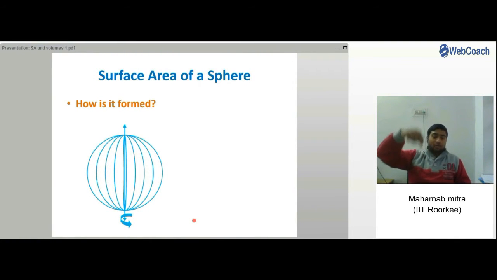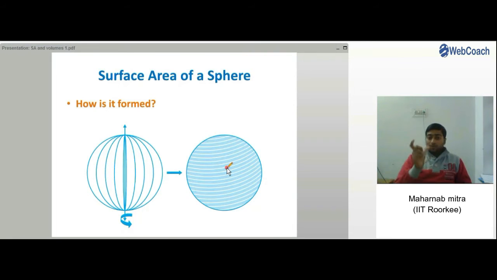When you spin this circle around its axis, or around its diameter, you obtain a sphere, right? When you are spinning this circle around very fast, you will notice that it is forming the shape of a sphere. At the high speed at which it is rotating, your eyes will see it as a sphere. So a sphere is nothing but a 3D object whose two-dimensional figure is a circle,